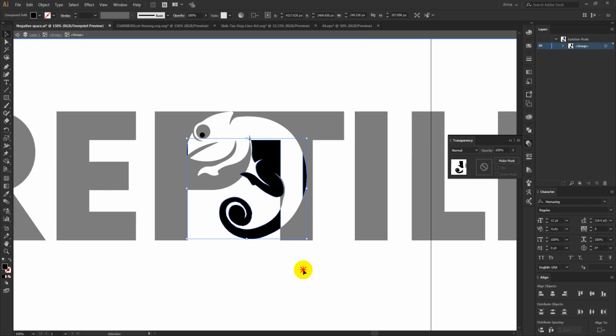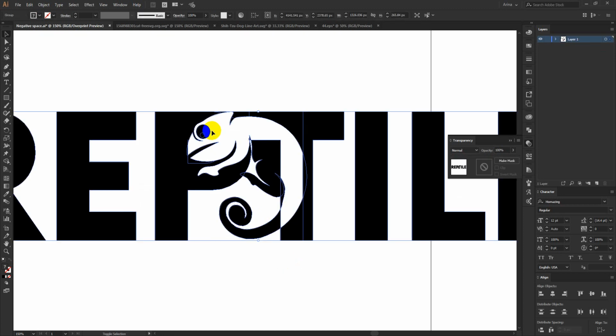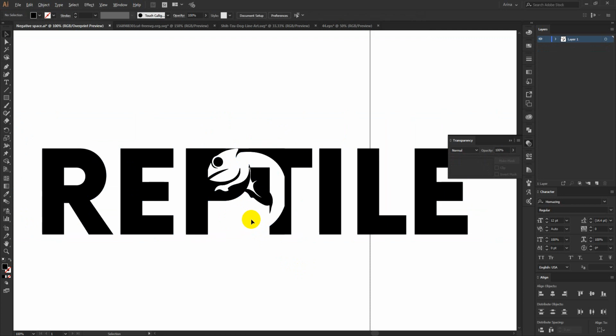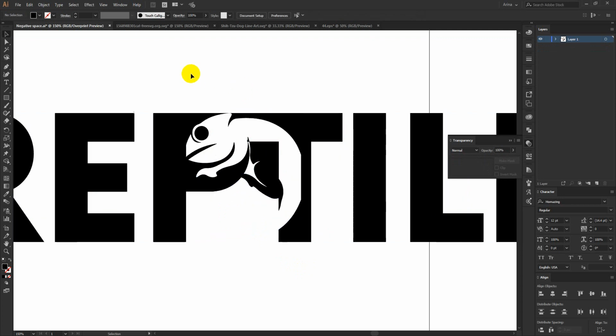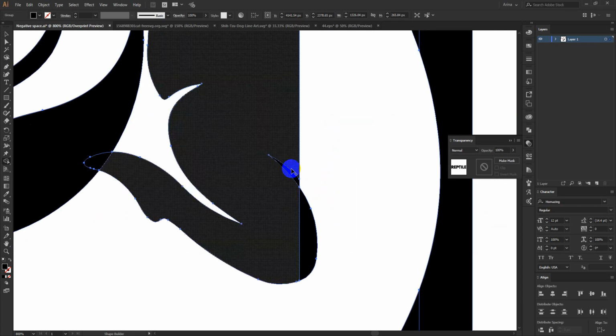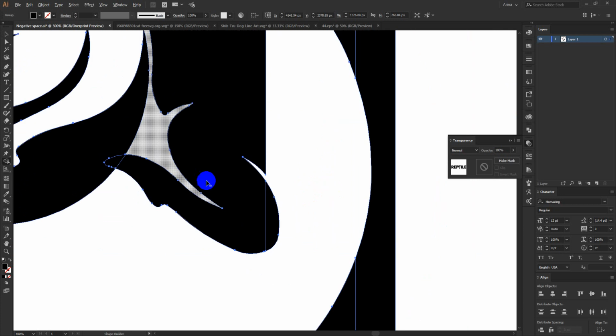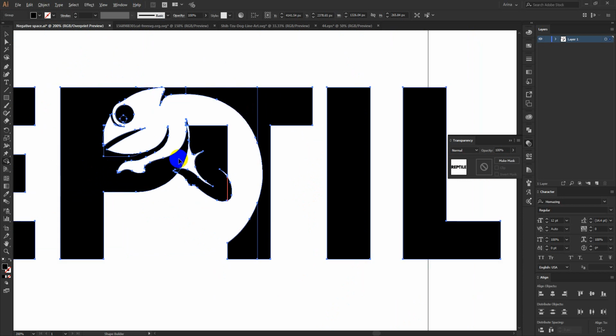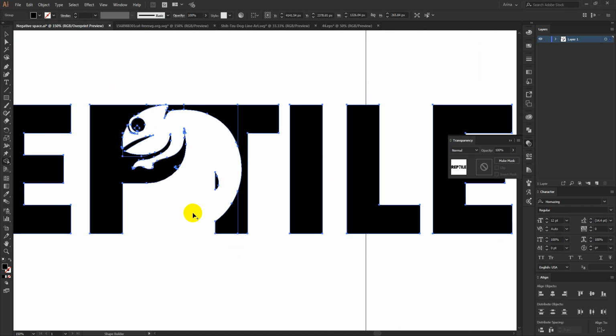Okay, I am just going to select them all again using shape builder to erase that part. Okay, I need to make some changes here. Like this area I can erase this part also, this one also, to give it a different look, like this. And then I will, okay, if I delete this part here,